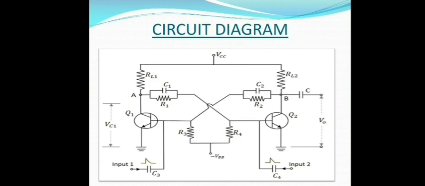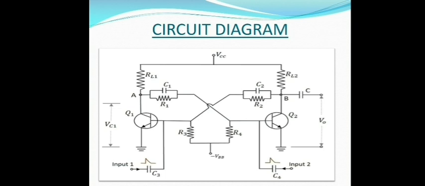A large voltage appears at the base of Q1, then Q1 moves to on state and attains its saturation point. Due to that, its collector voltage will be very small. This small voltage is applied to the base of the transistor Q2. Thus, Q2 still remains in off state. This is our first condition.